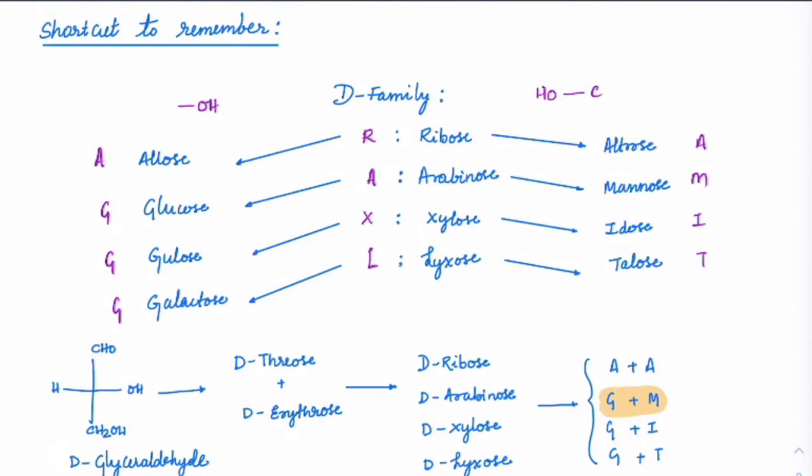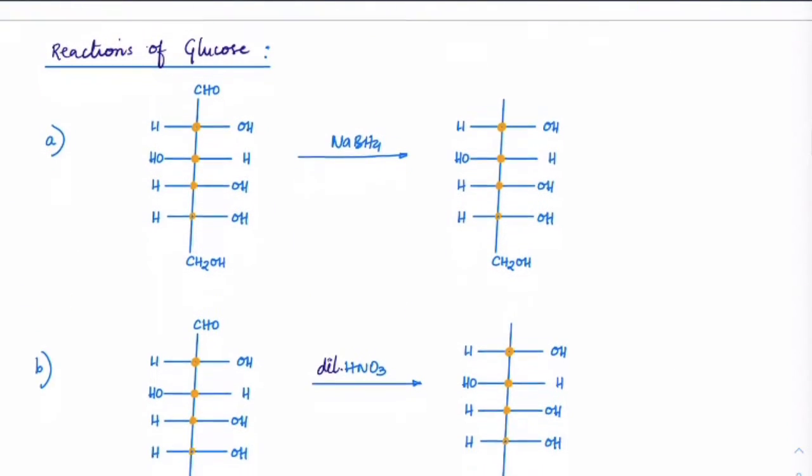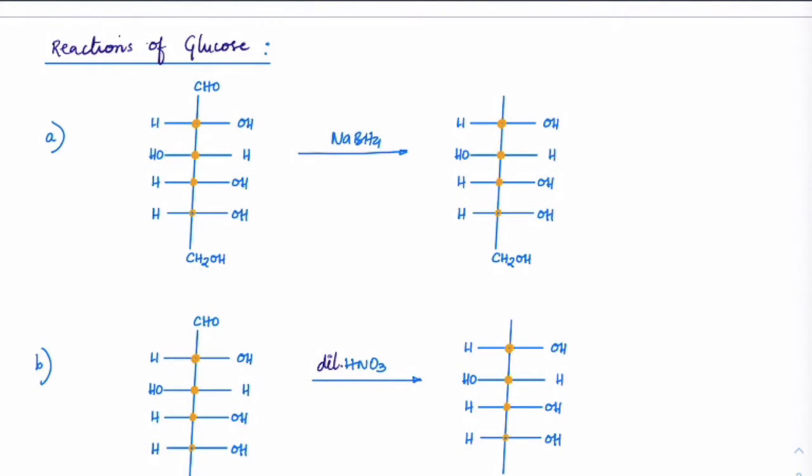From glyceraldehyde we get D-threose and erythrose. From these we get these 4. From these 4 we'll get these 8. Okay, so this is the most important one for us. In our syllabus we have only this one, which is glucose and mannose. Okay, now we already saw some reactions of glucose. Let us continue with more reactions which are not the detecting reactions.